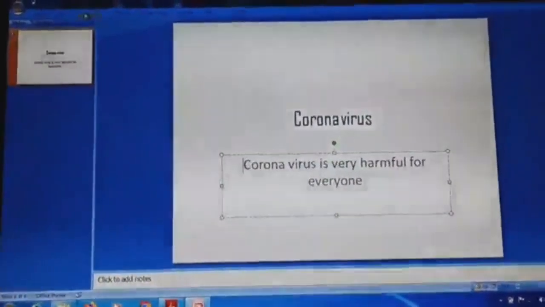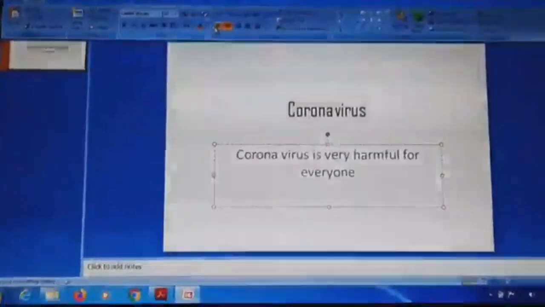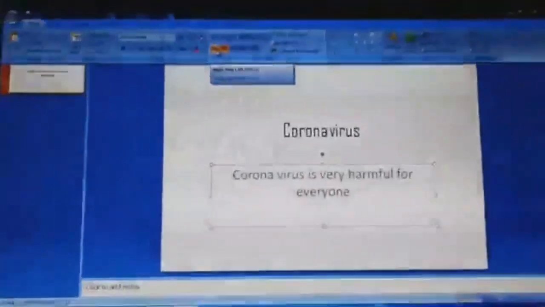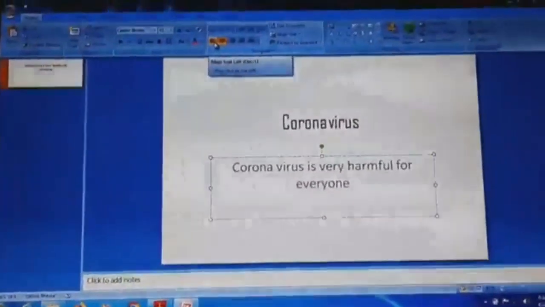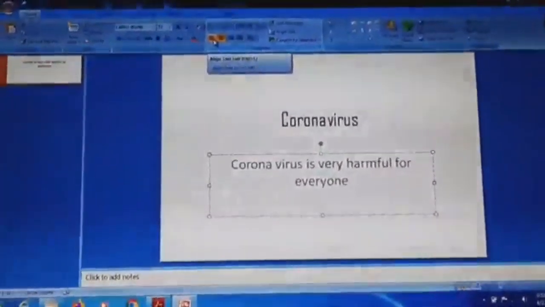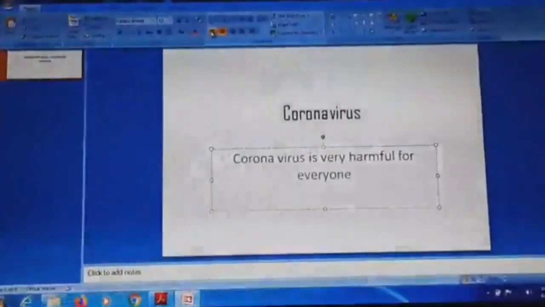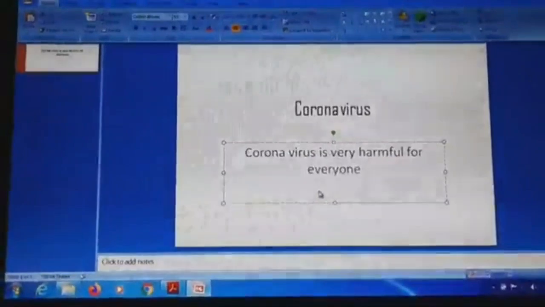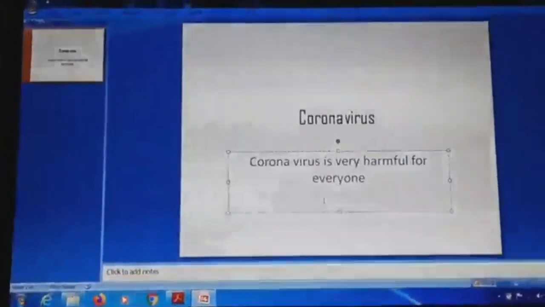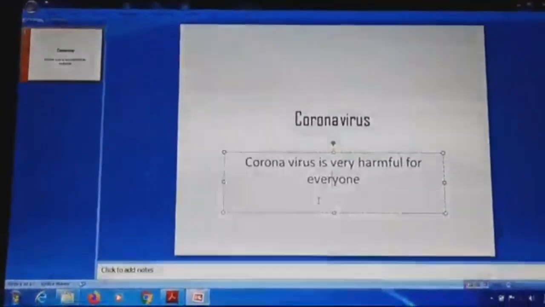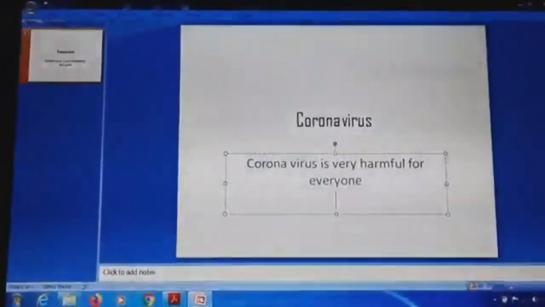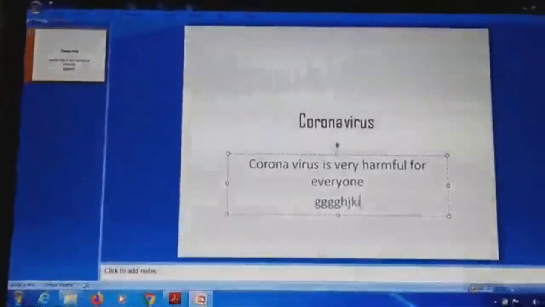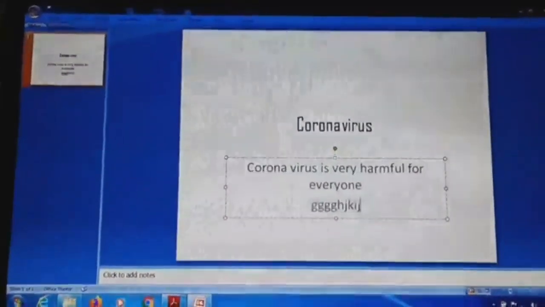Fine. This is our alignments. We are having 4 types of alignments: left alignment, right alignment, center alignment, and justify alignment. By default, our alignment is always left alignment. Meaning, when we write something here, it always writes from the left side. As you can see here, when I'm writing something, it will start from the left side and go to the right side. This is known as a left alignment.